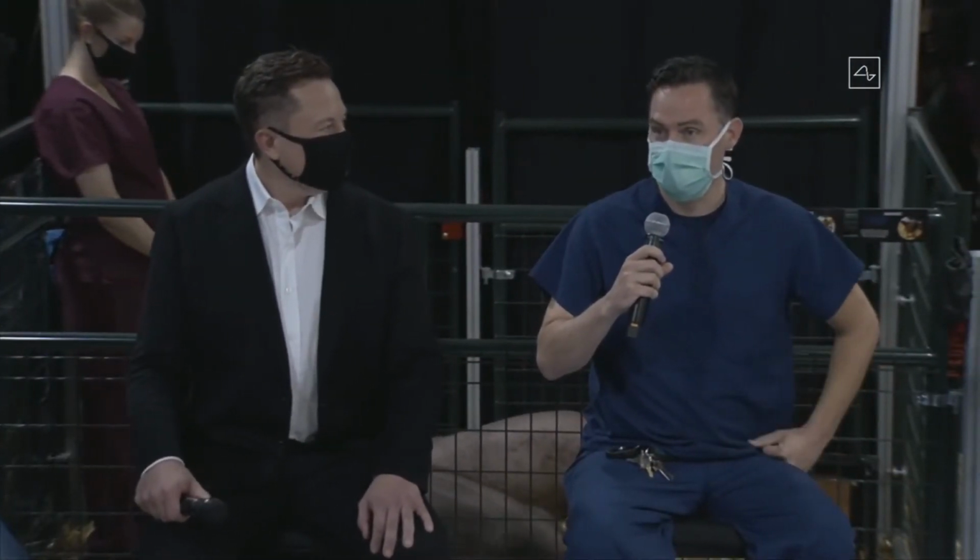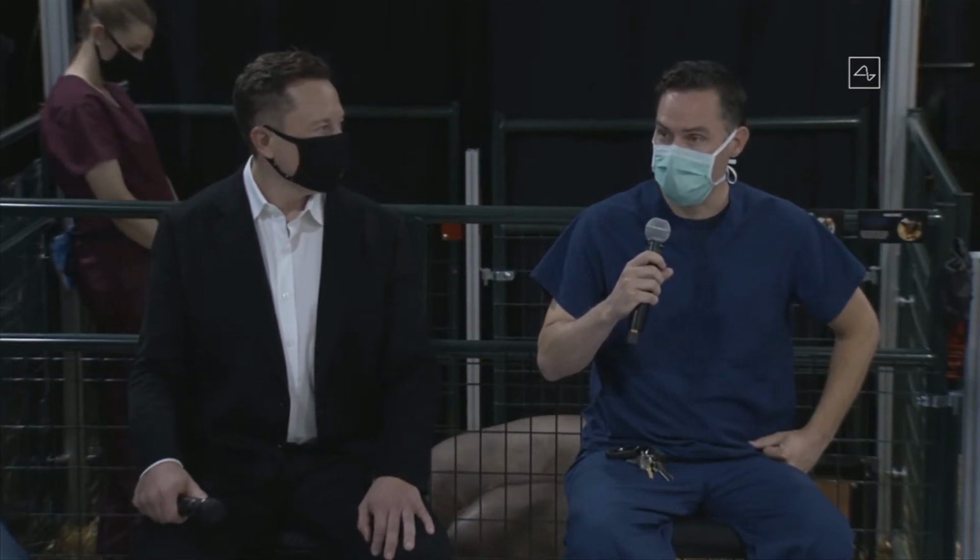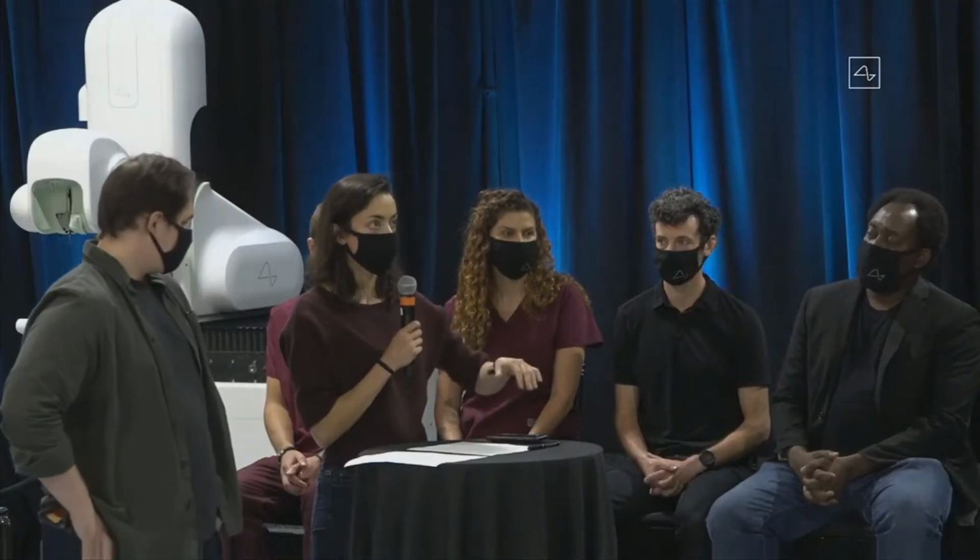We are planning on modifying the device and the robot to be able to sew into arbitrary depths of the brain. Right now, we're limiting ourselves only to the cortical surface because that simplifies many of the problems involved with going a lot deeper. And what kinds of things can you solve on the cortical surface versus when you go deeper? Sure. So a lot of the low-level processing happens in the cortex in terms of motor intentions, sensory information that comes directly in. So your hearing, your auditory percepts, your visual processing,